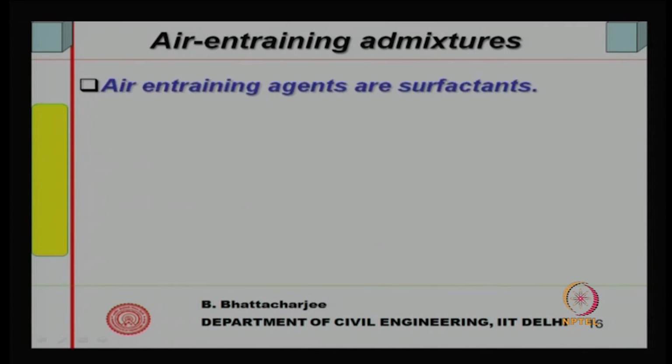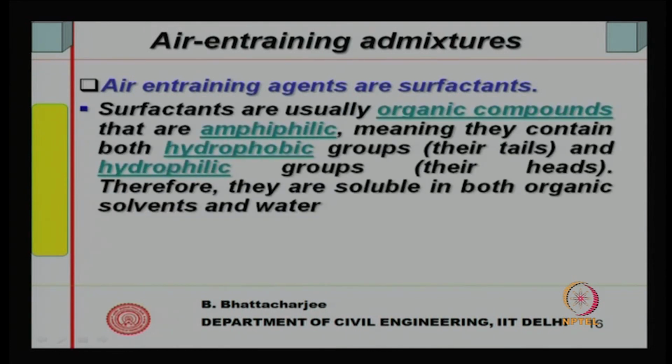Basically, they are surfactants, that is the mechanism, surface acting agents, and they are organic compounds, right. There are two types, they are both amphiphilic and hydrophilic. What is amphiphilic? Amphiphilic means that they have got both hydrophobic and hydrophilic